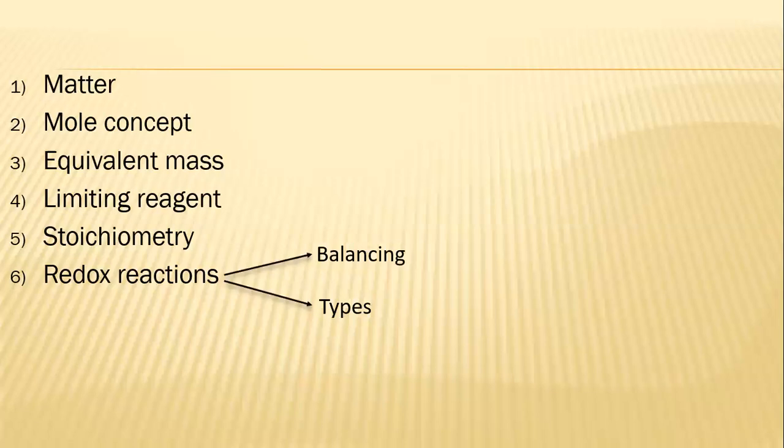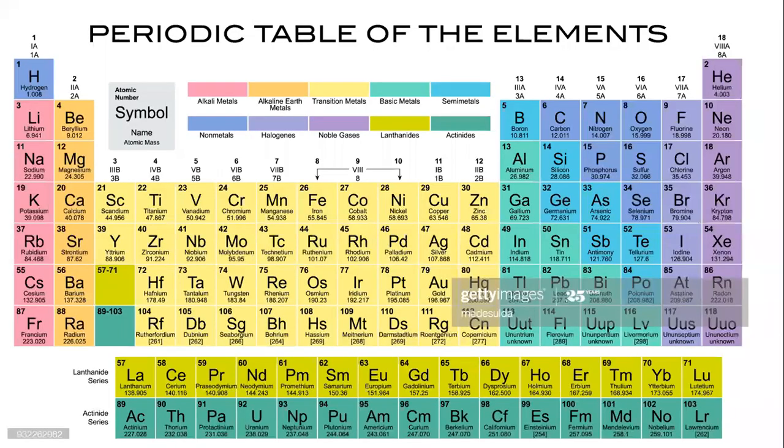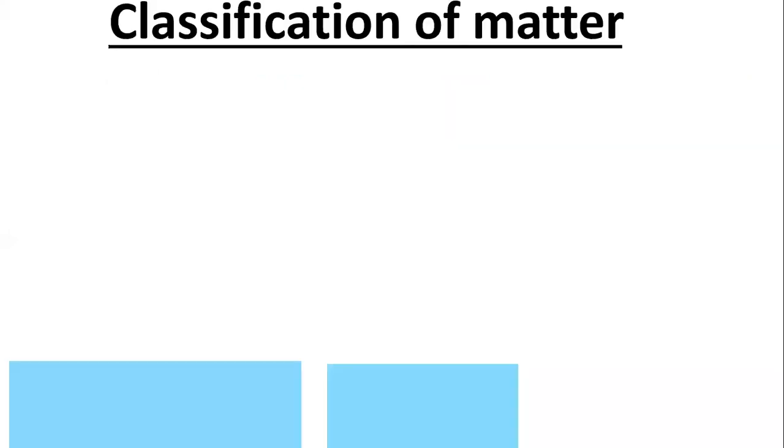Another important thing: in this video I have attached the periodic table, which contains a list of elements. This periodic table is very important since you are all in higher secondary. So from now itself, start to practice at least 10 elements each day, which will make the subject easier for you. So you won't feel chemistry is a tough subject, and it will enhance your studies. Right. So now we'll move on to matter.